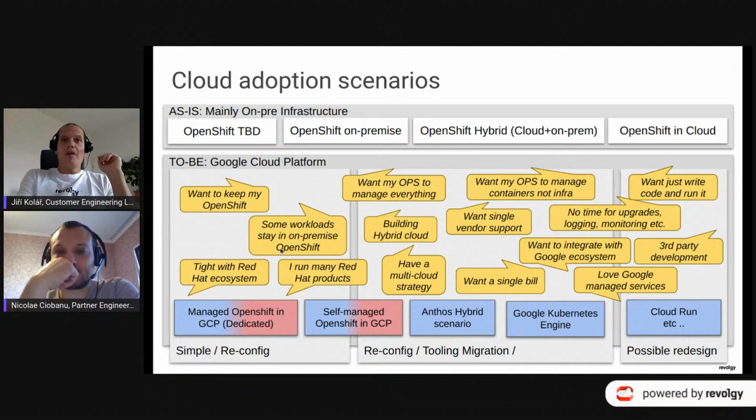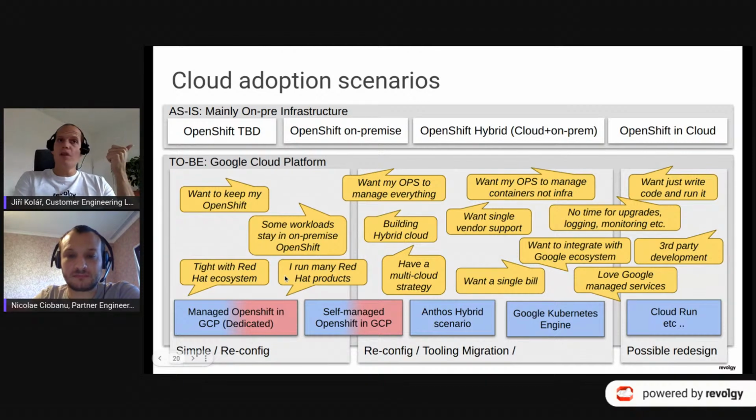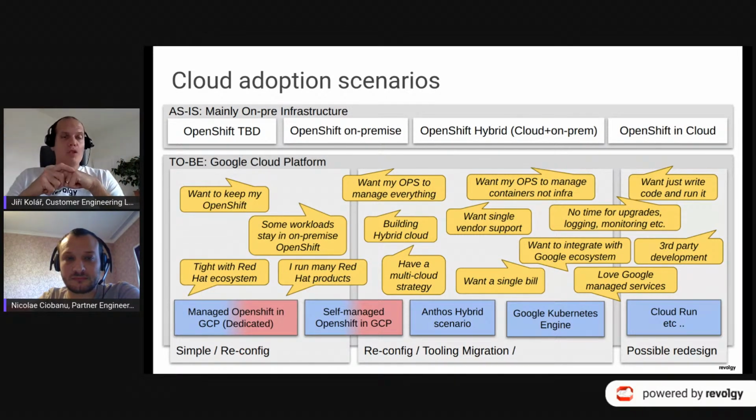The previous scenarios, which are much more about OpenShift, are for cases where, for example, you really love your OpenShift, you are deep in the Google ecosystem and you want to stay there, which is definitely possible. Or you run some specific workloads which are just much better to be run on OpenShift or anything else, right? So for these cases, you would probably stay here.